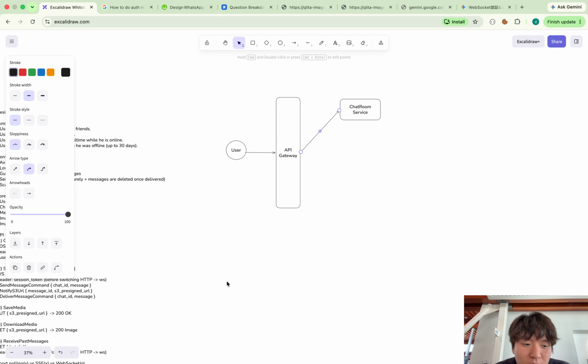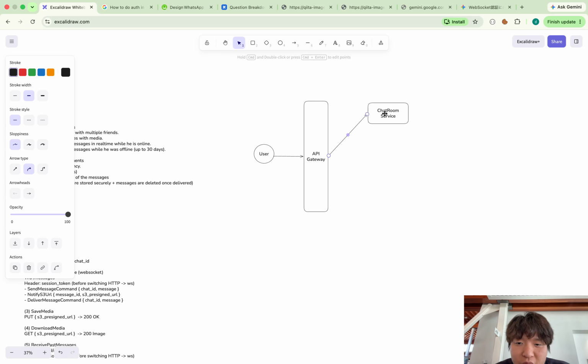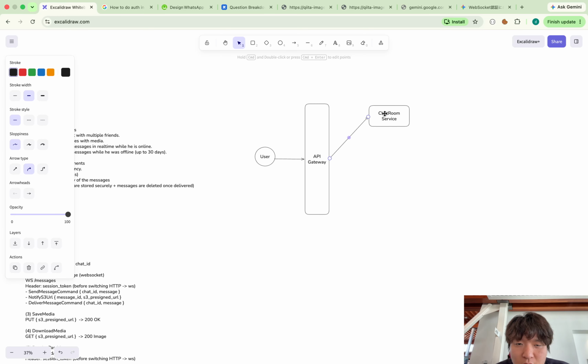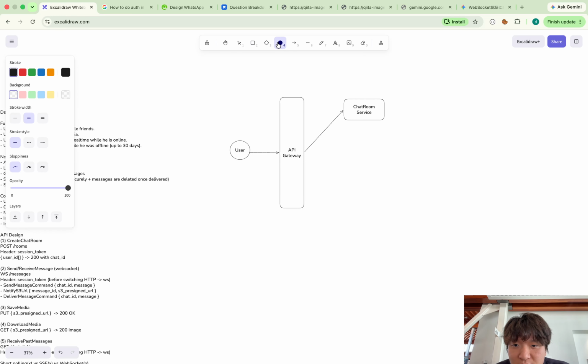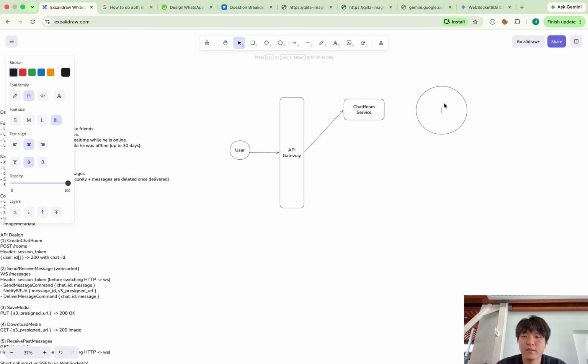So this is a very basic CRUD service. This saves the chat room data into the database. I think I can use PostgreSQL here.